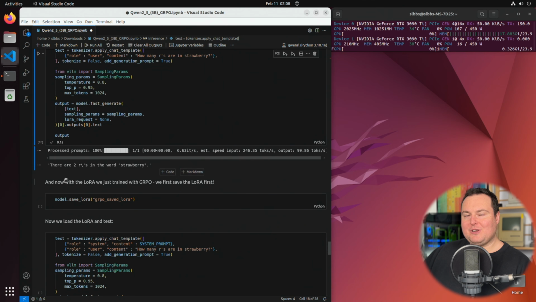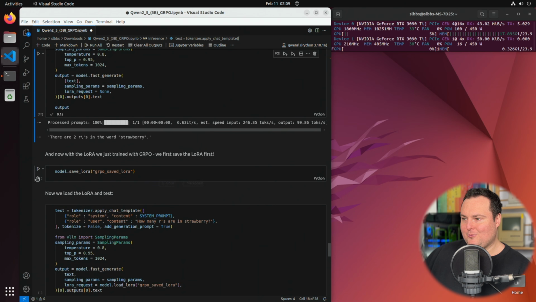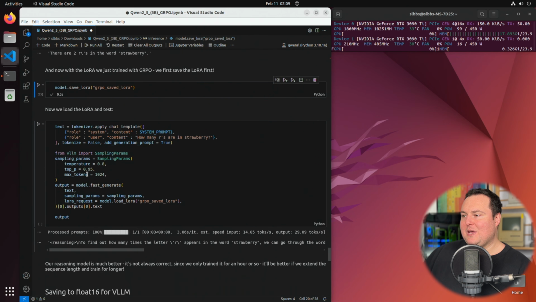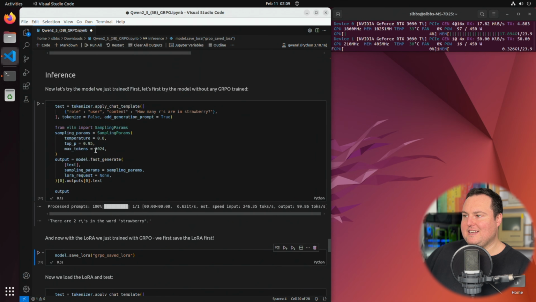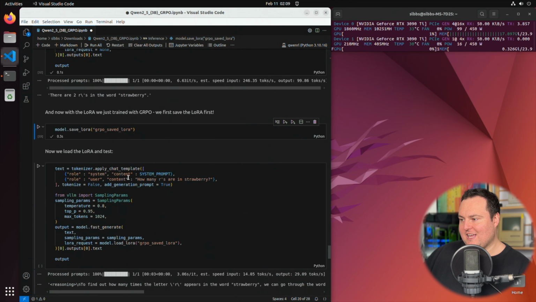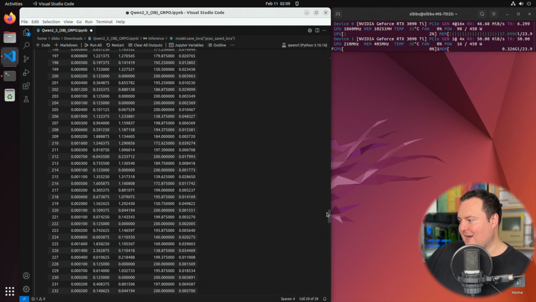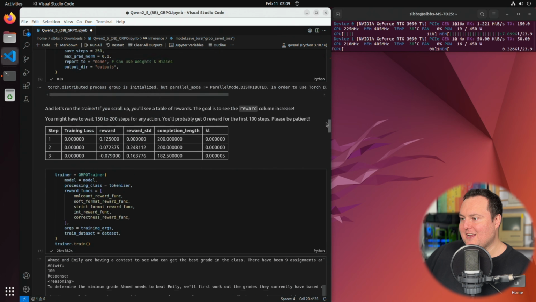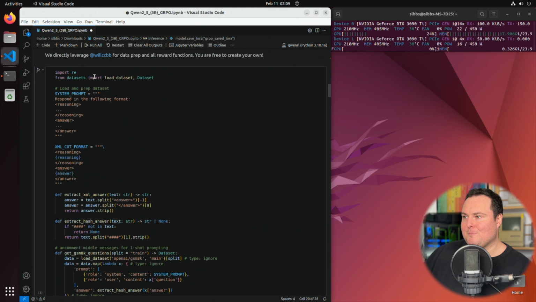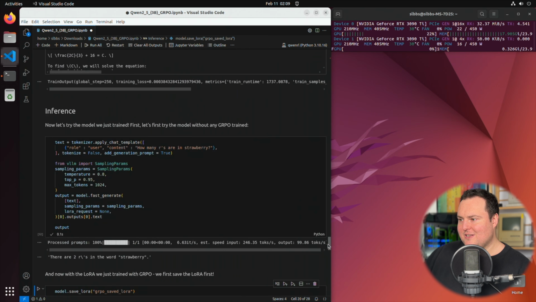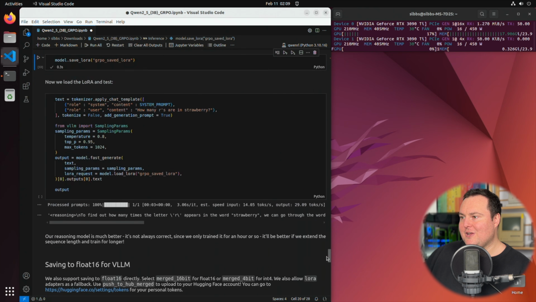So now we are going to try it with the LoRA that we just trained with GRPO. We need to first save the LoRA. So we are just going to press this right here, which will perform that save. And now we are going to load in the LoRA and test, and we can see that this test here is slightly different than the one before because we are giving it the system prompt and things like that. If we circle back up all the way, this is partially why I don't like notebooks, they can get messy. But if we circle up here, we can see that system prompt being specified in the data preparation step. So if we scroll back down to the inference example with the LoRA loaded,